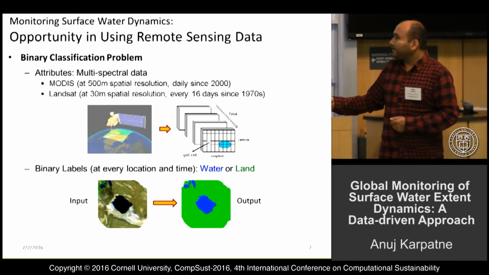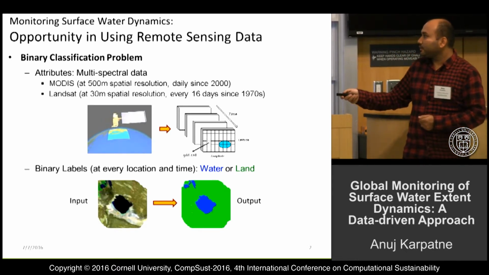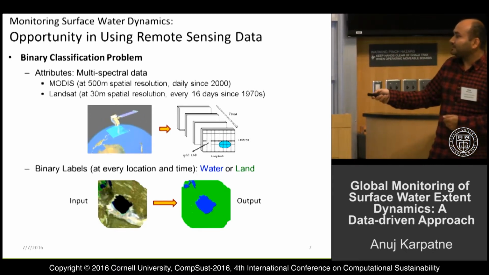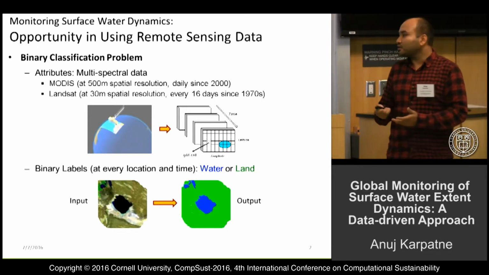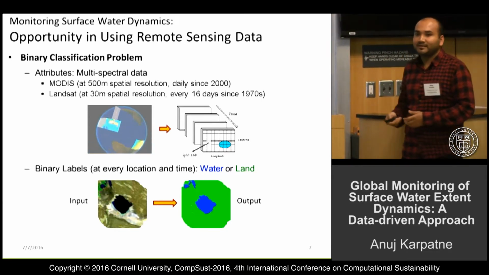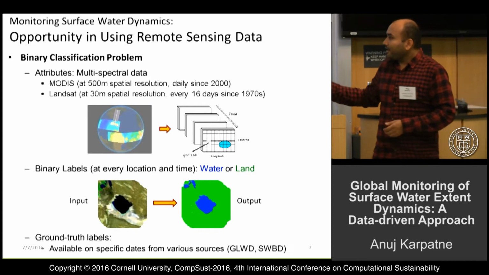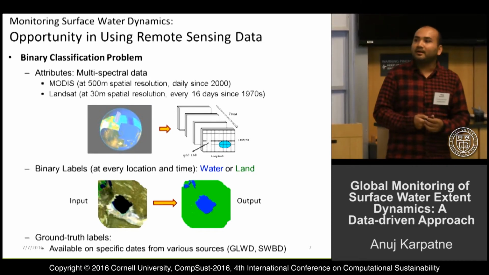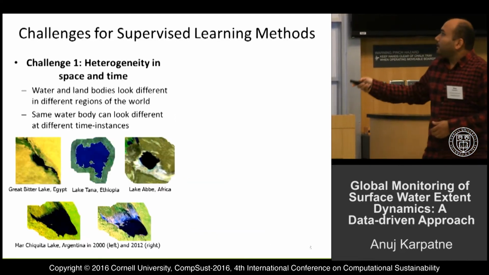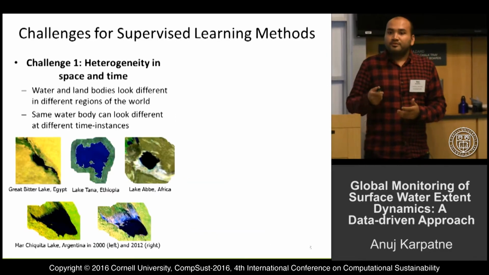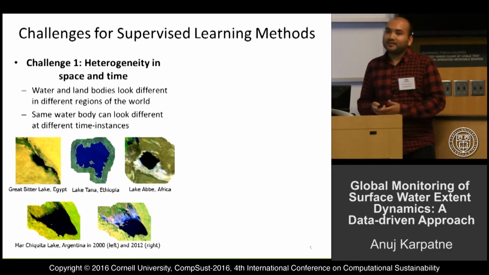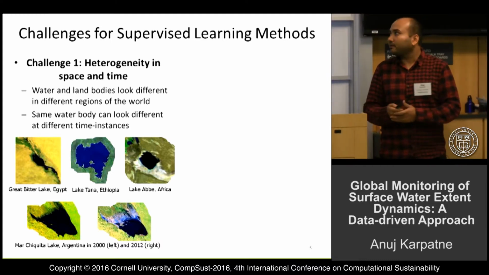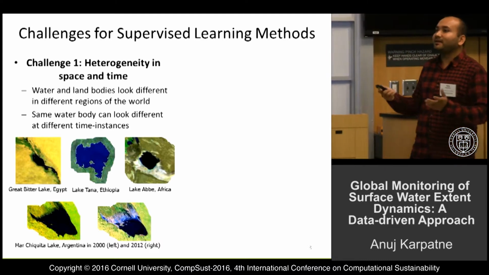So given an input remote sensing data like this, we want to create as the output a binary classification map where the blue is water and green is land. And we have ground truth labels on specific dates that we can use to learn a classification model. However, there are a number of challenges in using existing supervised learning methods for creating a global scale classifier of